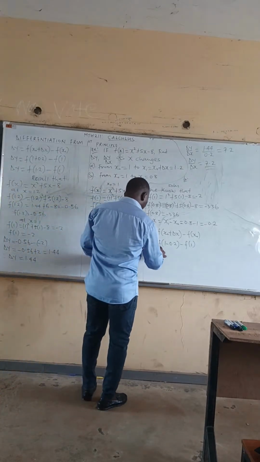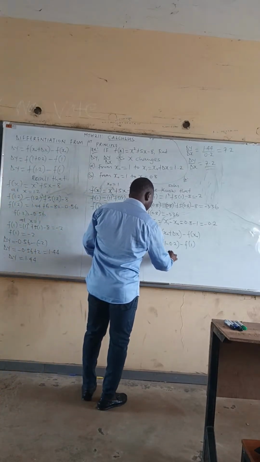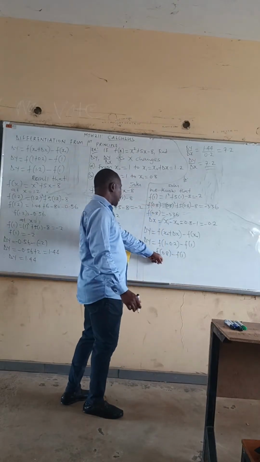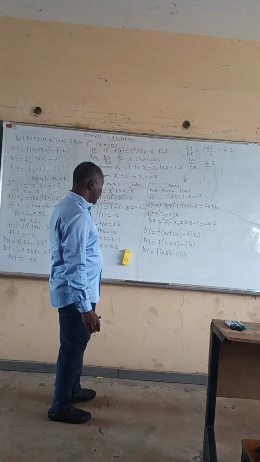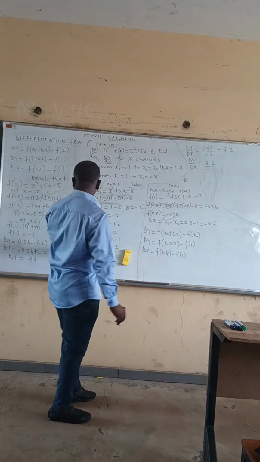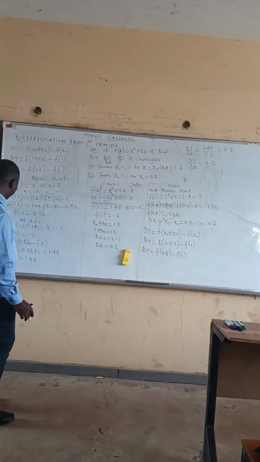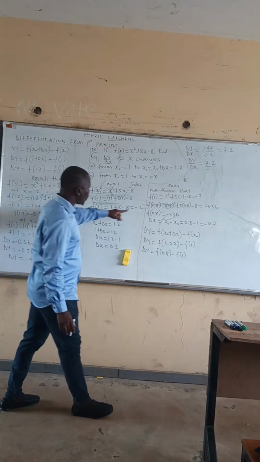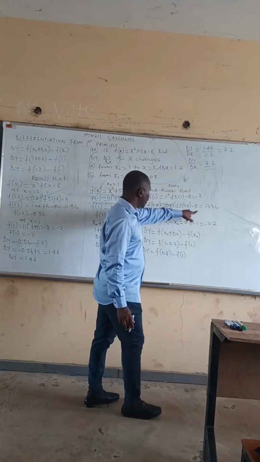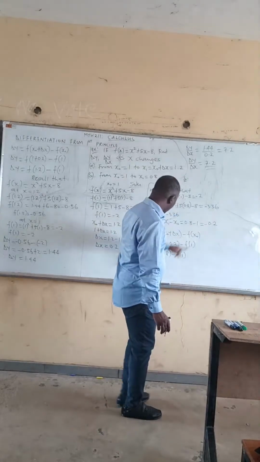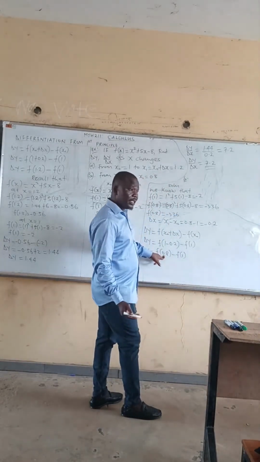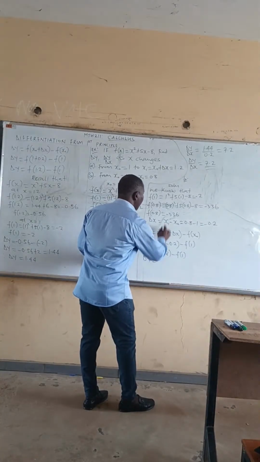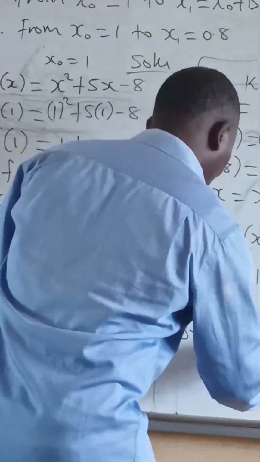So we are going to have f of 0.8 minus f of 1. If you substitute here, you get the answer from here. Is it not the same thing? There is no need again. So our dy is going to give us